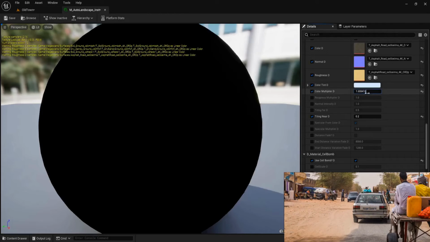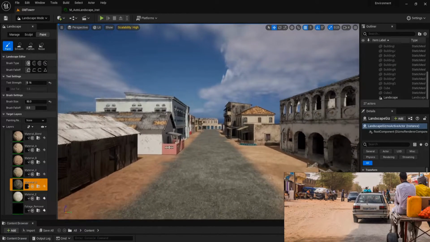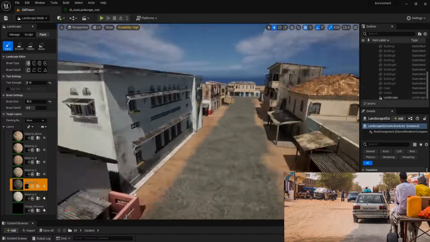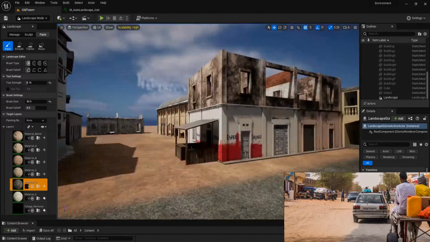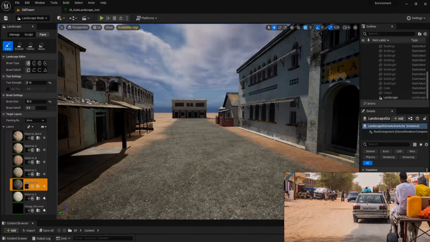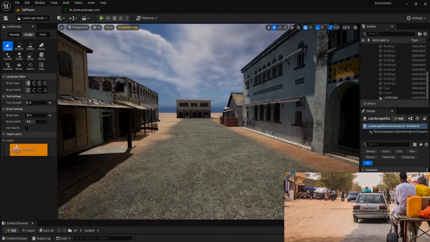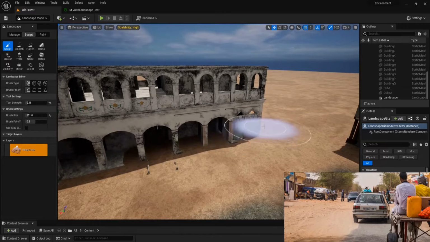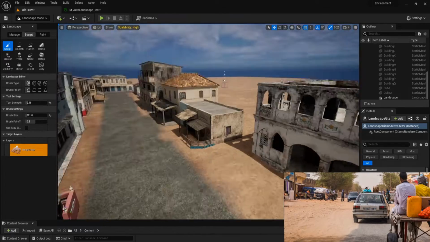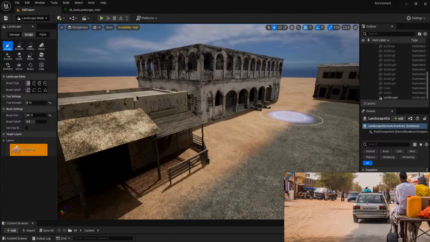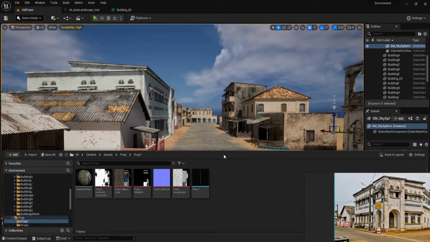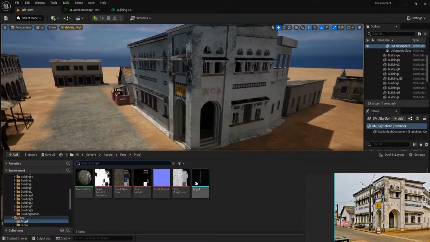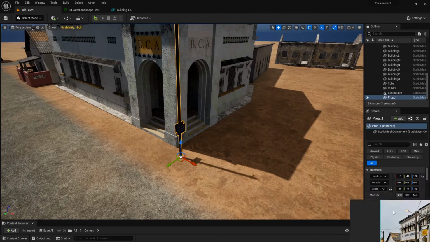One of the things that can make a scene look more realistic and natural is to have some variation in the terrain. A flat land is boring and unrealistic, so I need to sculpt it to create some bumps and hills. To do this, I'm going to use the Sculpt tool in Unreal Engine, which allows me to modify the height and the shape of the landscape.